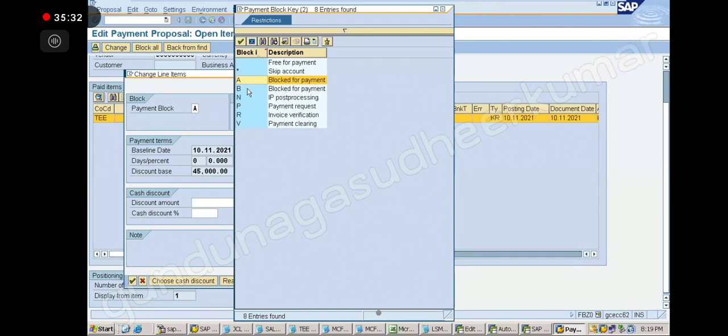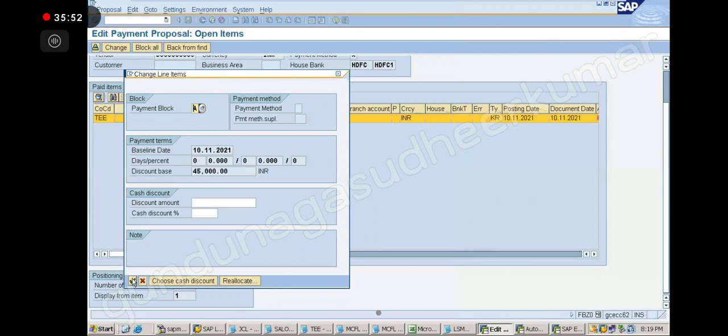B is used for advance payment. Somewhere you have to put the block after making the payment. After you made the advance payment, when you are posting the invoices, if you want to block there, then it will automatically pick up. We will see. But now it is A. Okay. Now press enter.